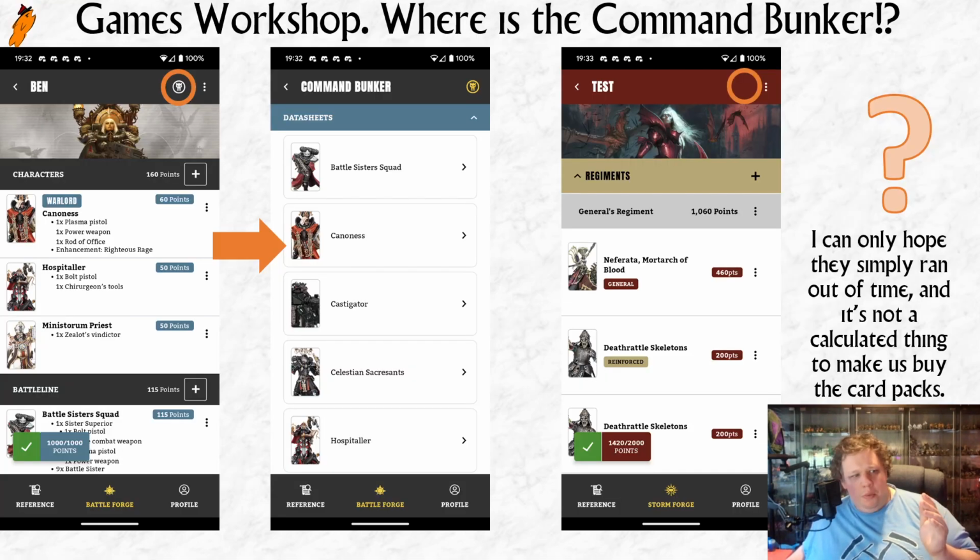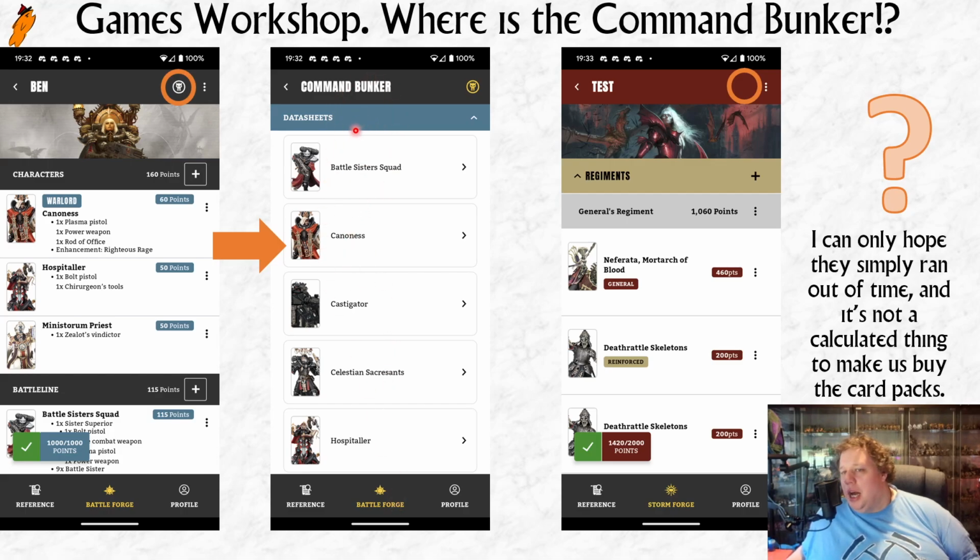There's not a lot of words on this slide because I needed all the real estate to explain my problem. Essentially, if you go into the 40k app and you make an army list, here's a 1,000 point sisters army list that I made for a game, you get access to this little button here. It's kind of hidden, sure, but you tap on that and it takes you to this screen,